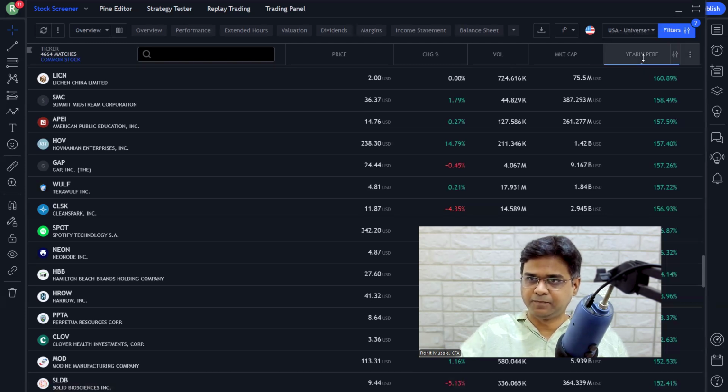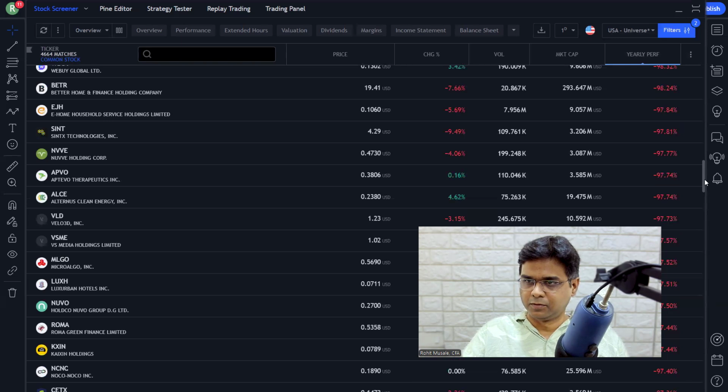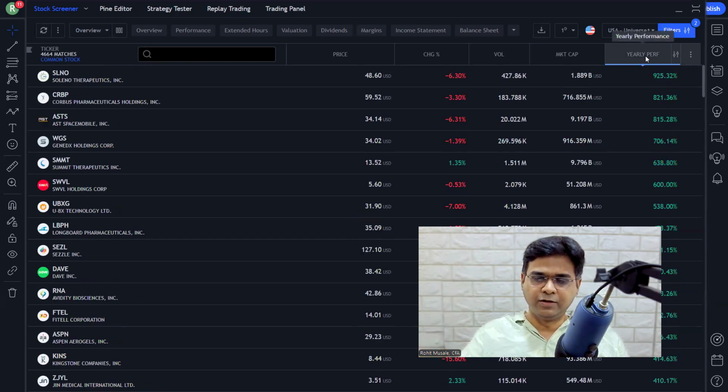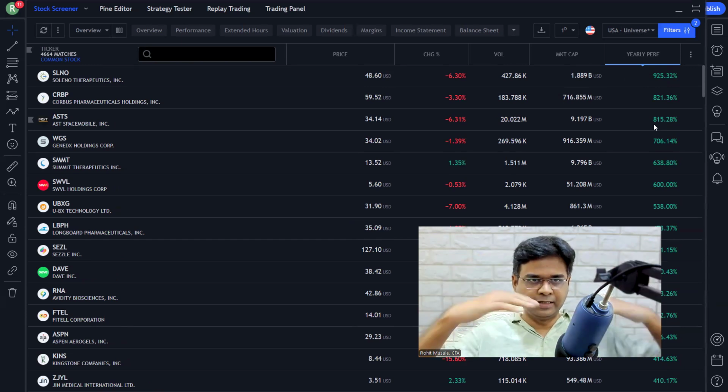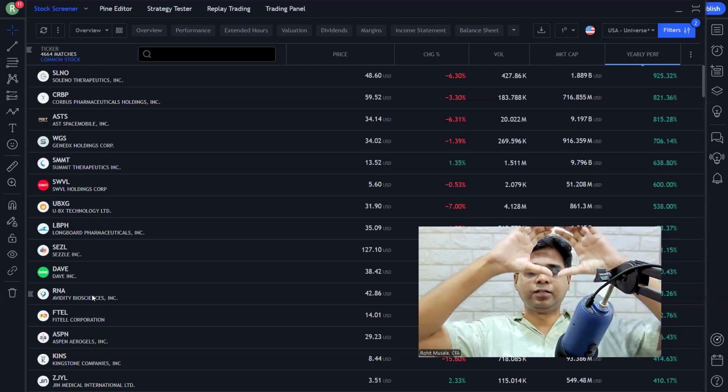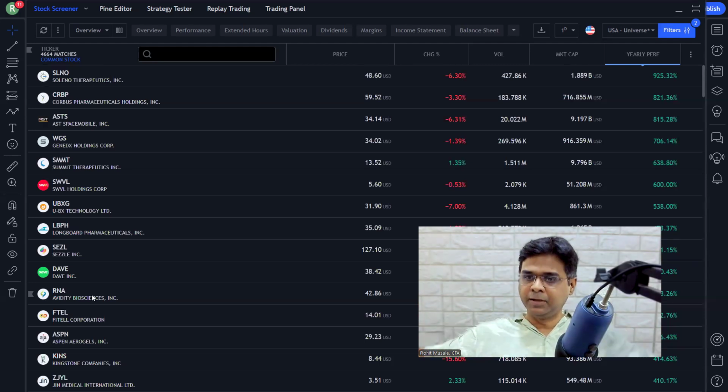If I click on this, it will show me stocks in descending order. See, best performer, second best performer, third best performer, and so on. So if I look at the entire list in descending order, and I just take the top 10% and ignore the remaining 90%, then I am only looking at the stocks which have a relative strength of minimum 90, which means